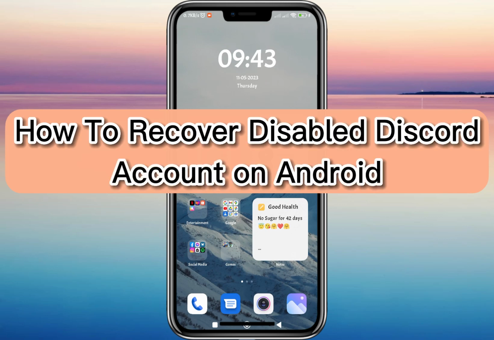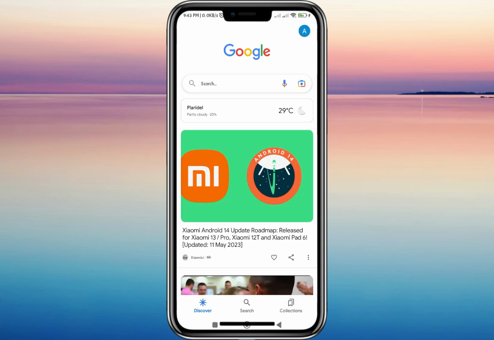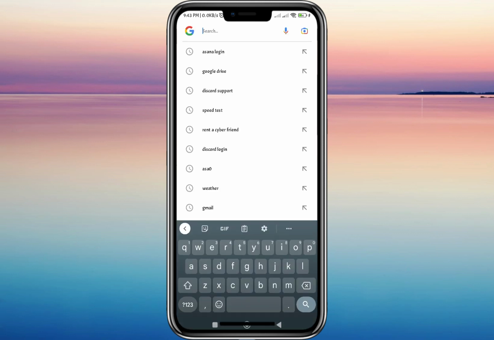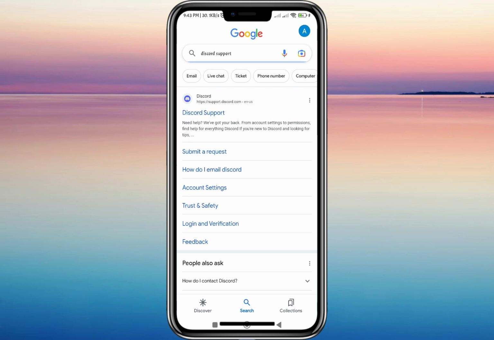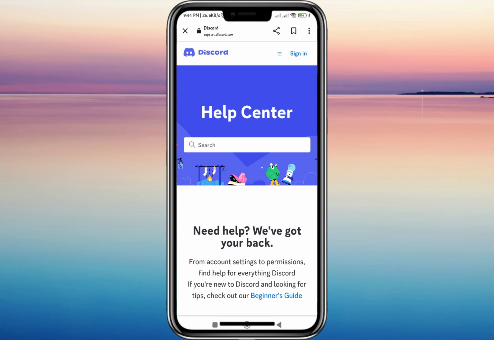So for today's video tutorial, I'll be teaching you how to recover a disabled Discord account on Android. To do that, let's just go to my Google browser and then type on the search bar Discord support. Then here, just tap on the first website, this Discord support, and then here on the website, just tap on